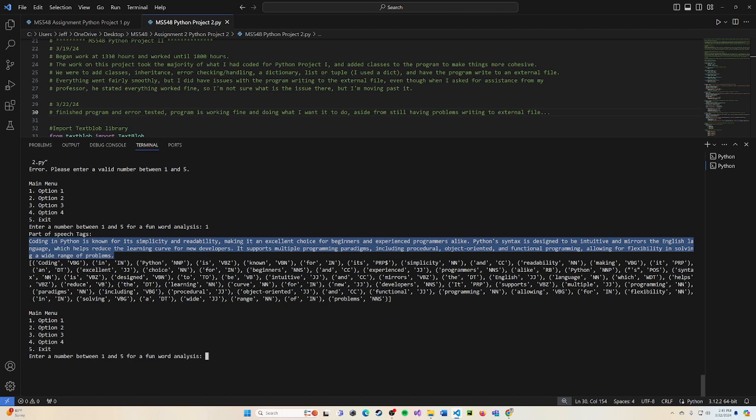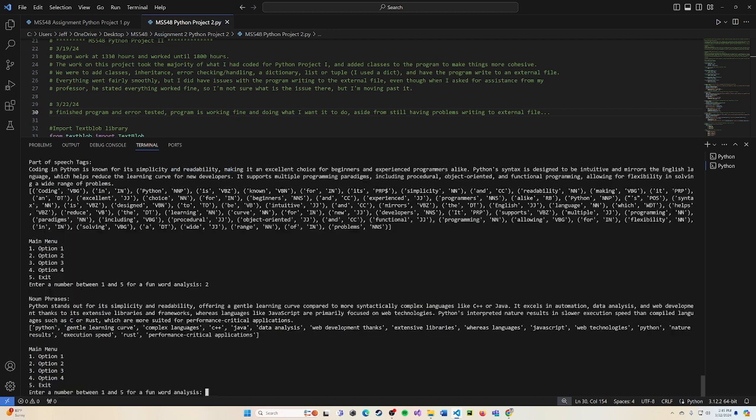If we choose our second option, we're doing noun phrases. So again, it prints out our paragraph and then breaks down in the brackets here what our noun phrases are. If we continue on,